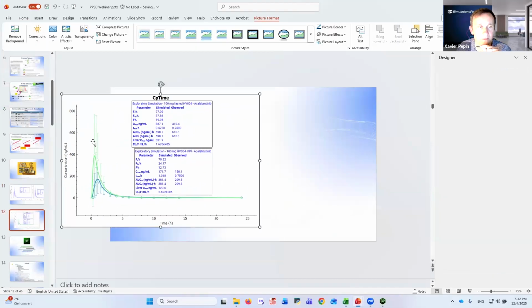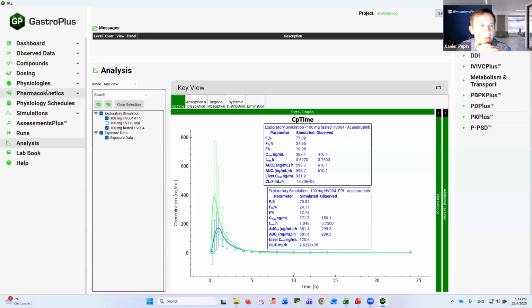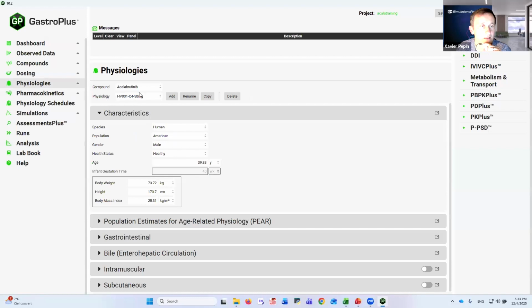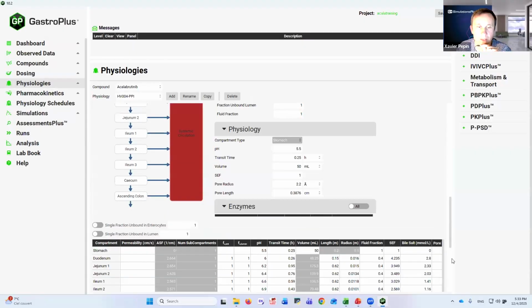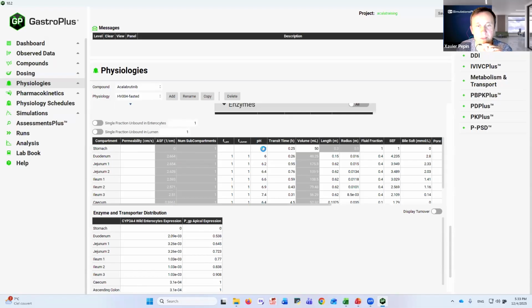All right, so that's on the left, the P-PSD. You may be interested in how I fitted the PPI. It's exactly the same, but you just change the physiology. So you go to your physiologies, and in the GI tract, you change the pH in the stomach. Here I selected 5.5, which is roughly an average, slightly higher level for the PPI. And of course, the physiology for the fasted state is the same human, but pH 1.3 and the default pH